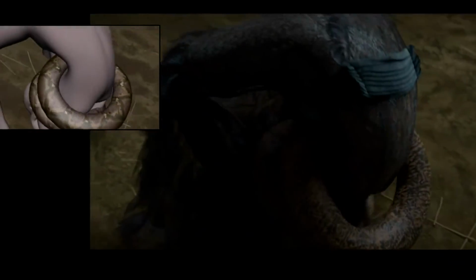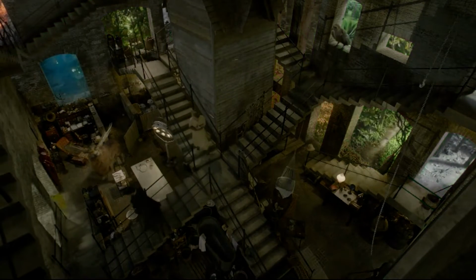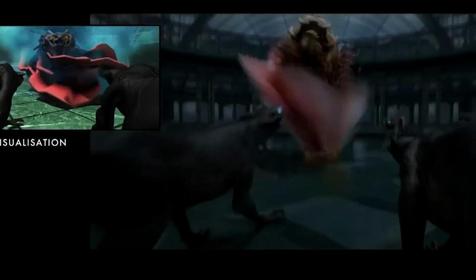According to the animation boss, Framestore produced 490 shots of VFX and animation over their places in London and Montreal. Framestore worked on huge London and Paris environment builds, the French Ministère des Affaires Magiques, and 15 beasts, including Zouwu, Niffler, and Pickett. Fantastic Beasts used a lot of CGI to recreate 1920s New York City, and now you can